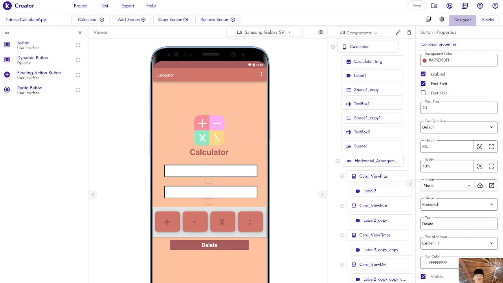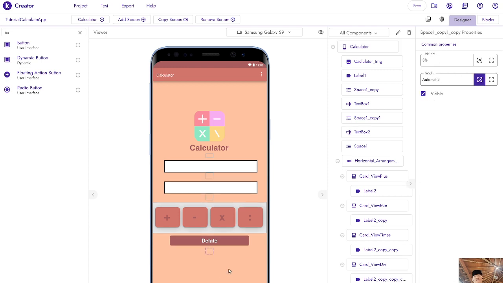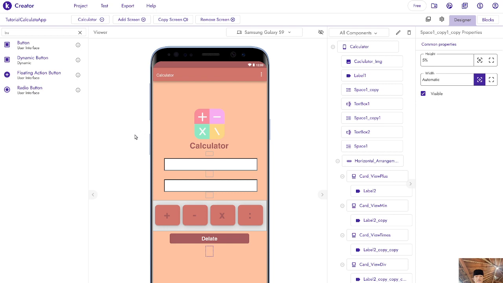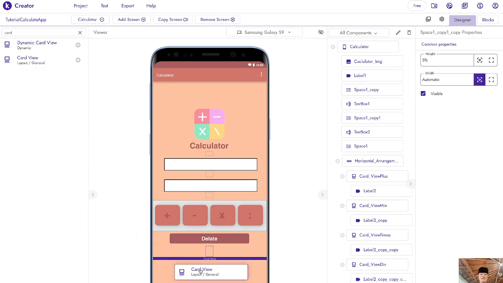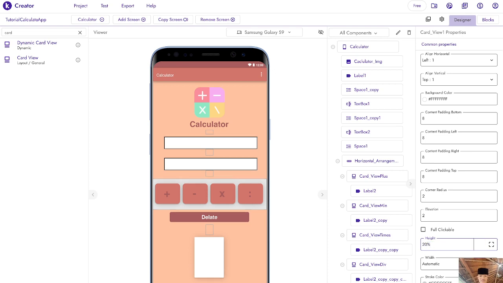The last part, we're going to put some result there. I'm just going to duplicate this space under here. Then make this thing higher, maybe 5%. Next thing, we're going to type some curfew there. So we have curfew here. Then we're going to change the size of it to be 20 and 60. 20 will be the height and 60 will be the width.